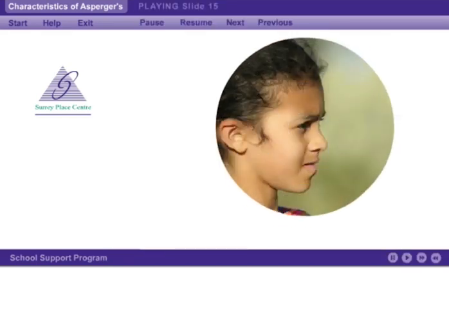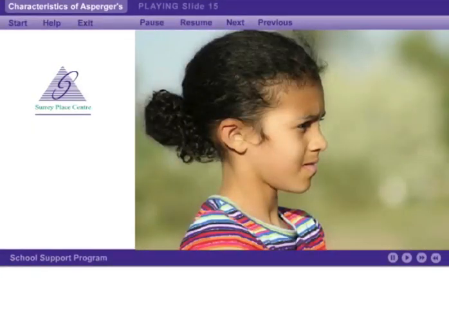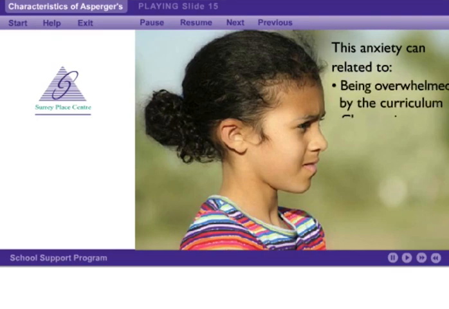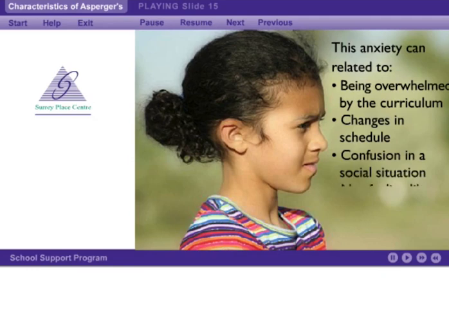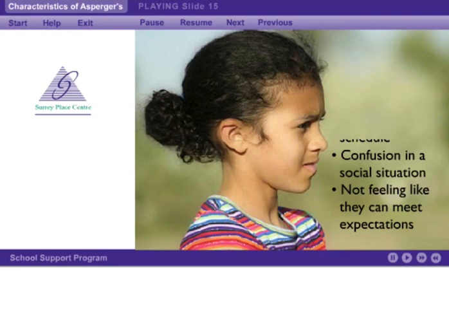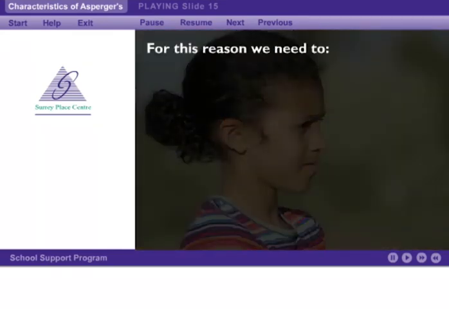Even very young students with Asperger syndrome can seem very anxious. For example, this anxiety can be related to being overwhelmed by the curriculum, changes in schedule, confusion in a social situation, or not feeling like they can meet expectations. Research has shown that people with AS are at higher risk for adult-onset anxiety disorders and depression. For this reason, we need to